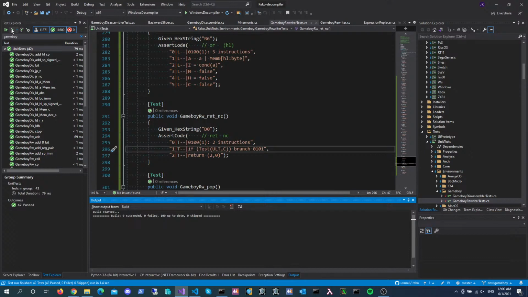I don't wish to bother and bore my audience with more of these, but I hope that I've illustrated the gist of how implementing the rewriters is done. It is a little bit tedious. It's hard to do mechanically, although we have been using some tools and tricks to make this as expedient as possible. But in the end, you will find that you'll be consulting the manuals for the respective processors a lot when